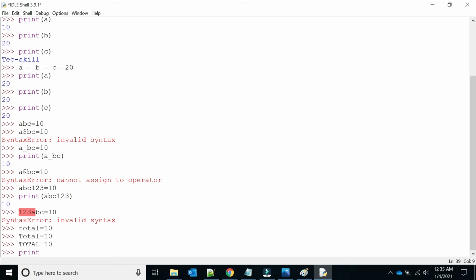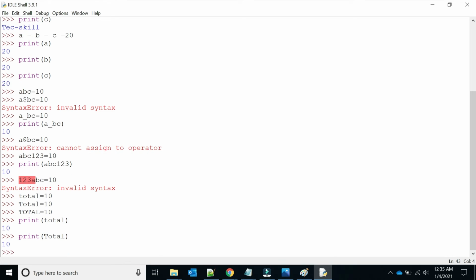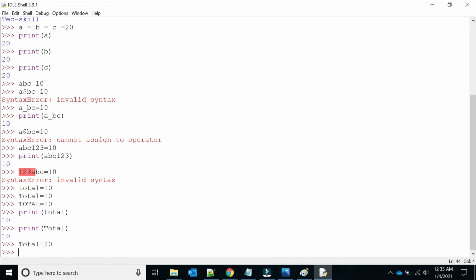If I print total, it will give 10. Let's take the value of the second one as 20, and this third one is equal to 30.